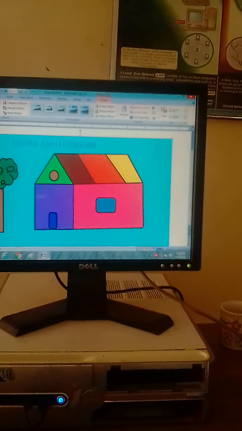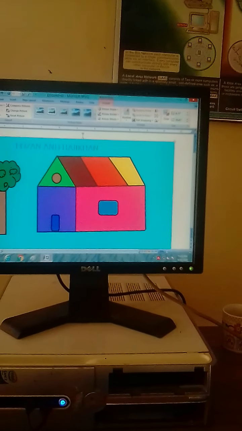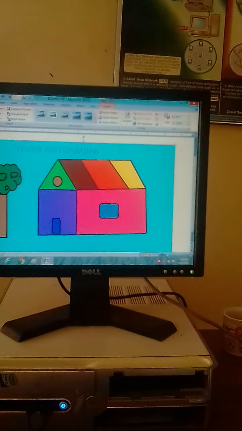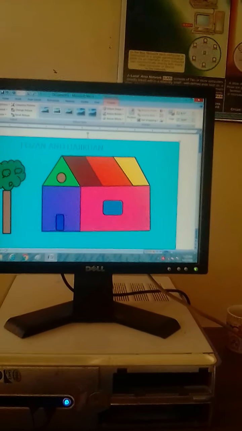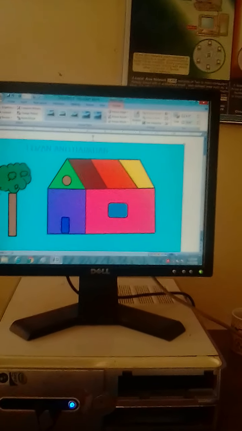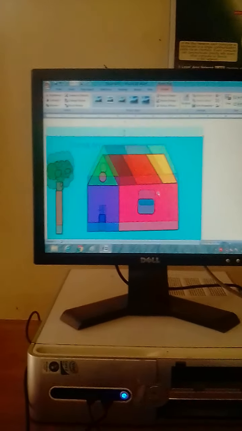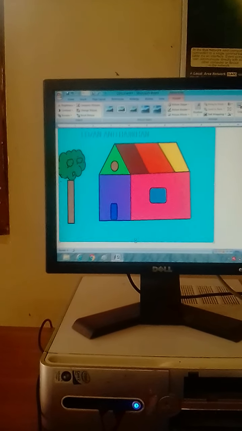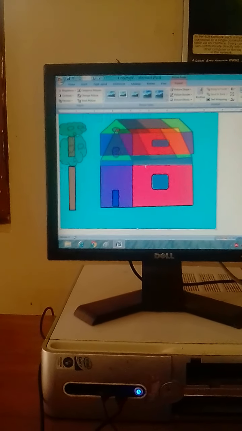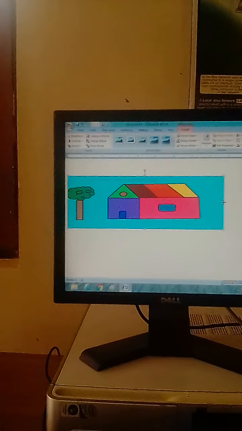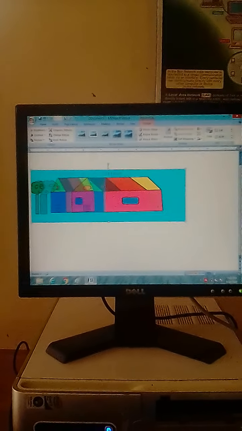Dear students, this is the frame of the picture, and on the frame there are dots where you place the cursor. An arrow-shaped line will appear through which we can decrease or increase the size of our picture. We will have to make this picture small so that we can fit it on our document. These dots enable us to make our picture narrow.